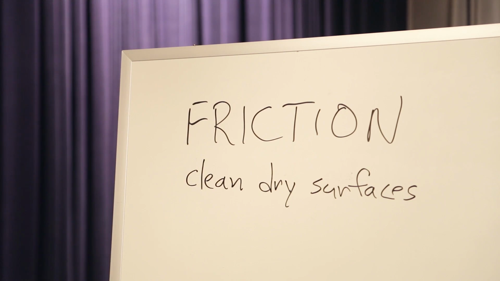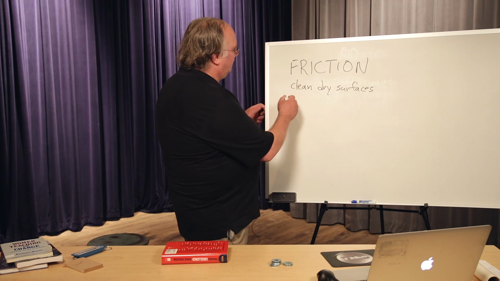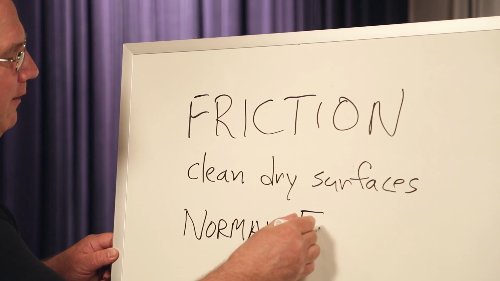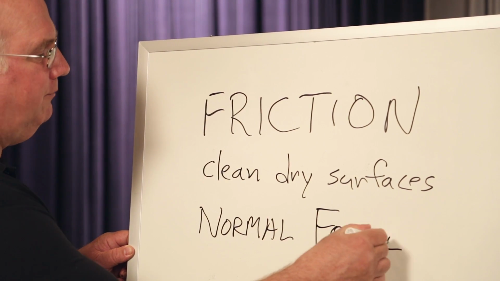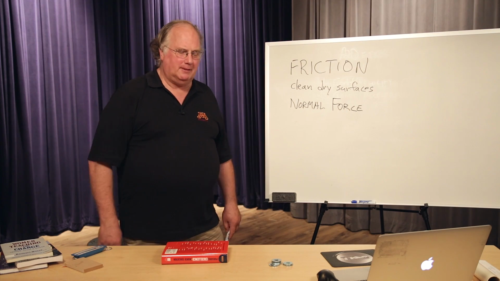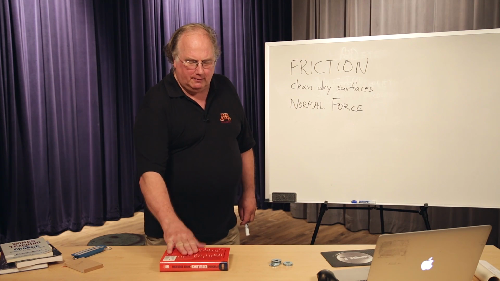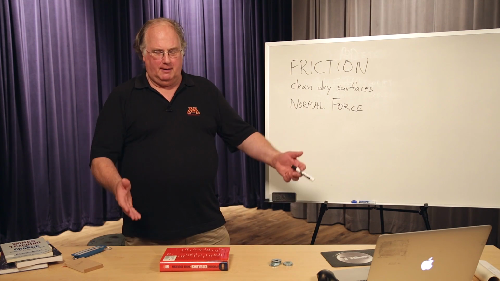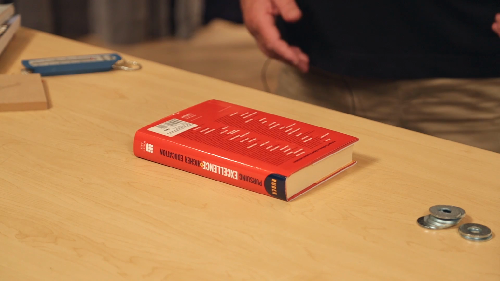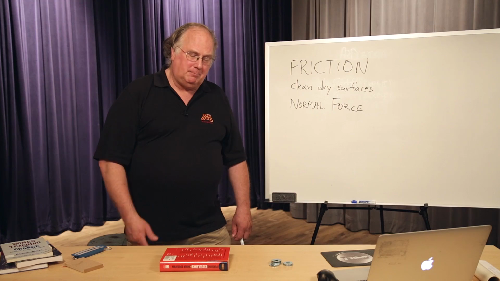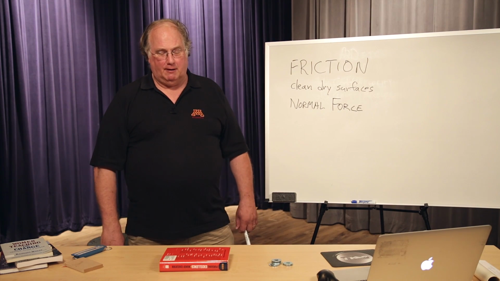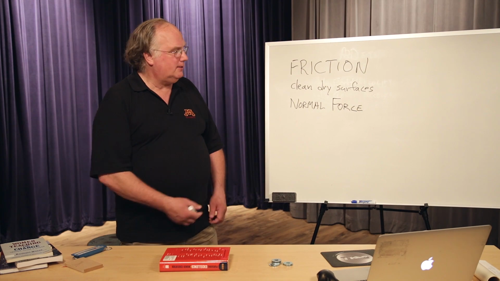So to begin with, we have to start talking about a totally different force called the normal force and figure out how that works. Now, the normal force is something that comes up when you start thinking about an incredibly simple situation. Suppose we have a book on a table. There it is. It's not going anywhere. It's not accelerating. It's not doing much of anything. And that means, by Newton's first law, that the sum of all the forces on it has to add up to zero. So what forces are working on this book?